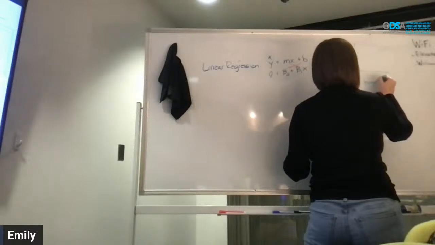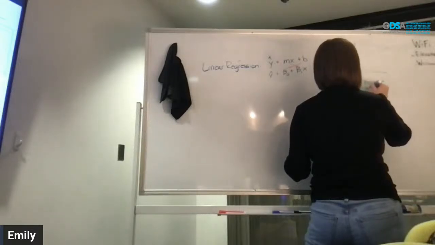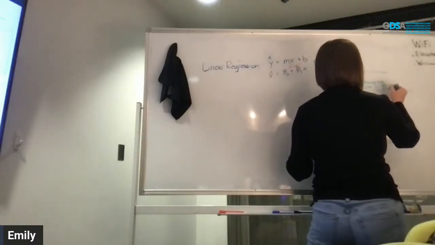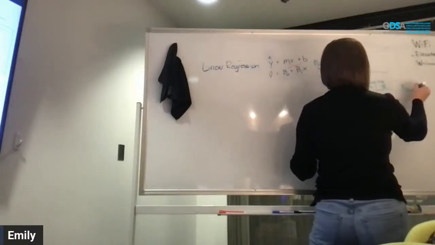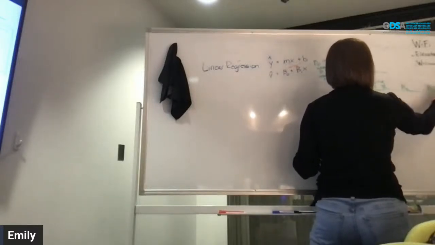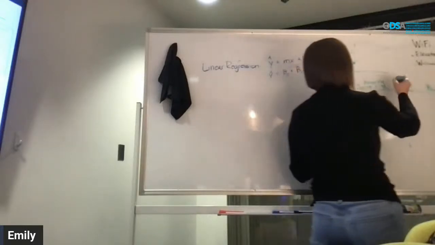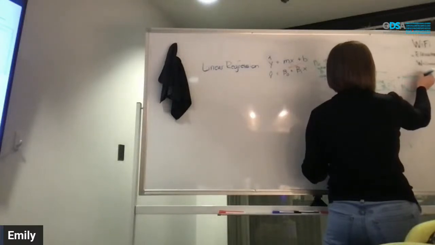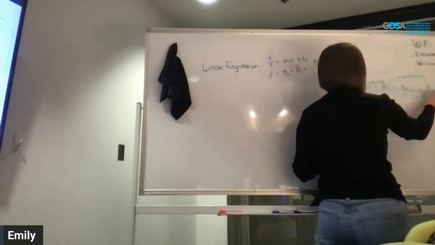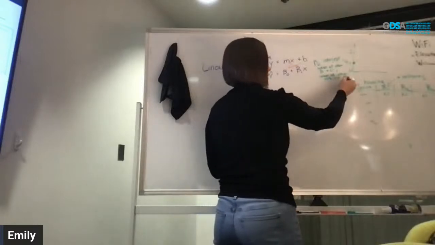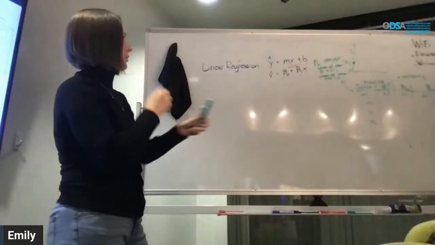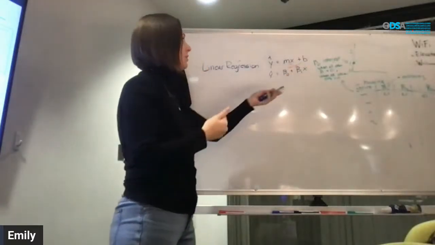So if we have like this housing data set, and we're trying to predict the price of the house, our y hat price, and we have some numbers here. Our beta sub 1, beta sub 2, beta sub n, those are our column names. So maybe beta sub 1 is like number of bedrooms. Well, when all those are 0, you get your intercept. That's where you get your beta sub 0.